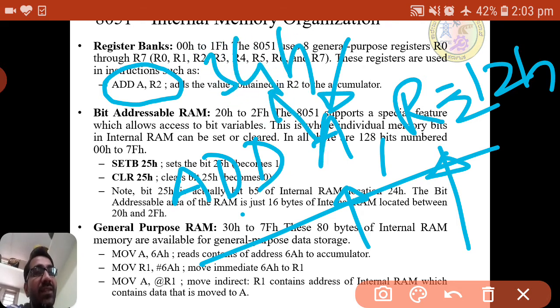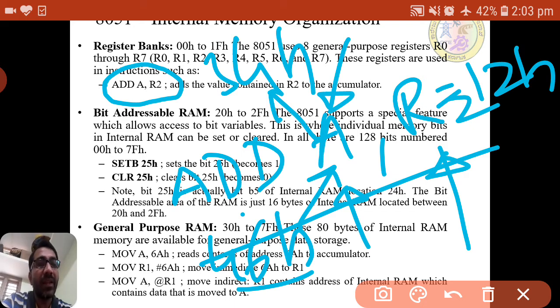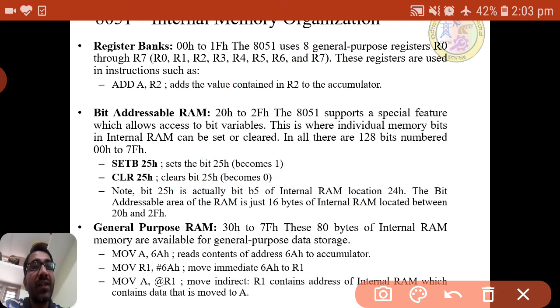After the addition it will be 34 plus 12, that is 46H, which will be stored in A. This is how the registers are used in the operation.